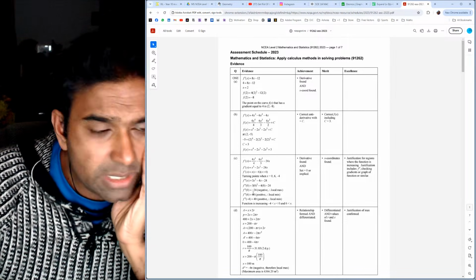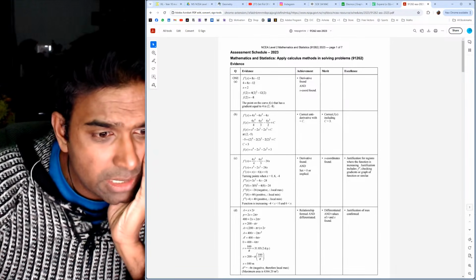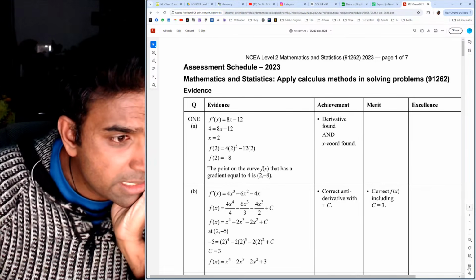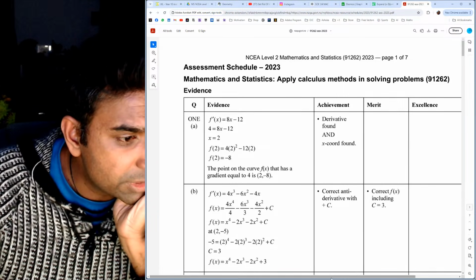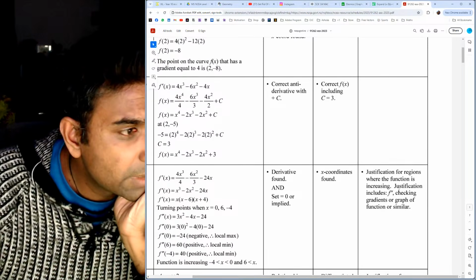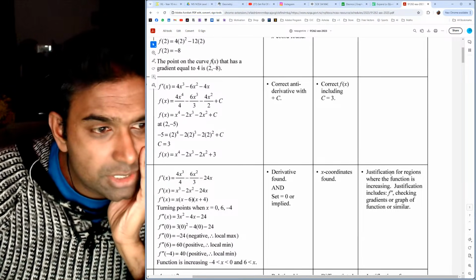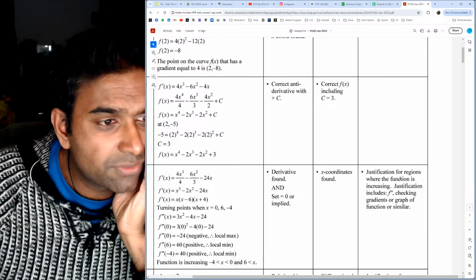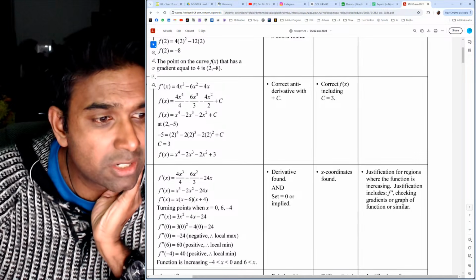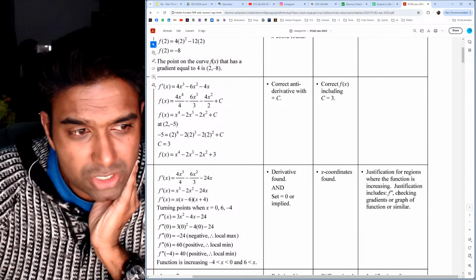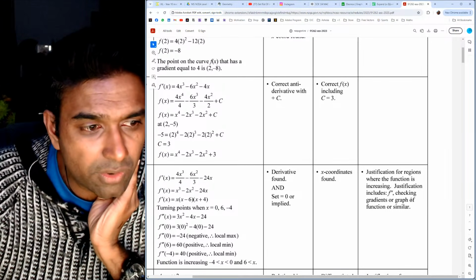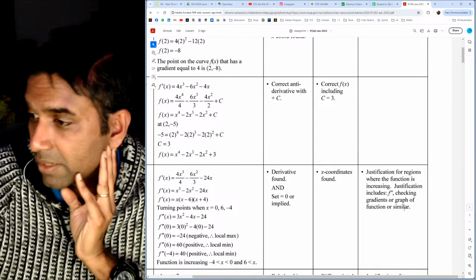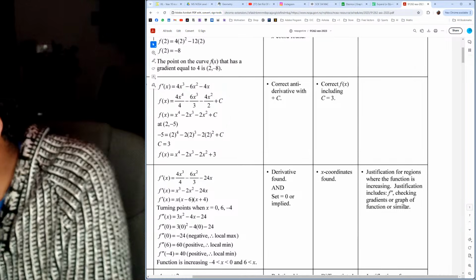So this was one of the increasing, decreasing questions. And in the exam schedule, where is it? Here we go. Justifications for regions where the function is increasing. Justification includes f double dash, checking gradients, or graph of function or similar. So whoever that was that asked,